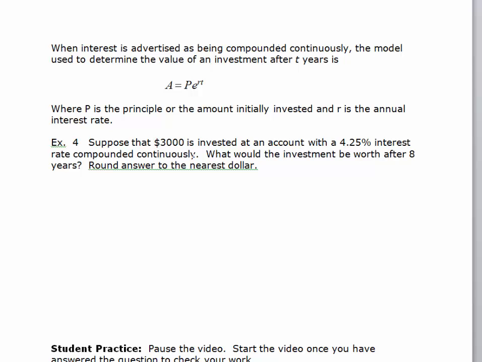It says, suppose that $3,000 is invested in an account with a 4.25% interest rate compounded continuously. What would the investment be worth after 8 years? Round your answer to the nearest dollar. So we know we've got a principal of 3,000 and we're looking for the amount. So A will equal the principal, which is 3,000, times e to the 0.0425 times t,